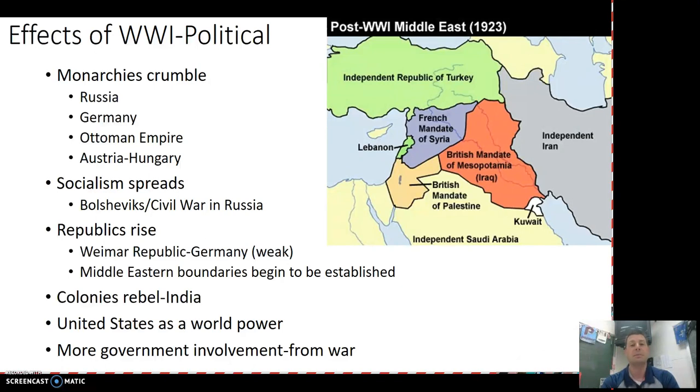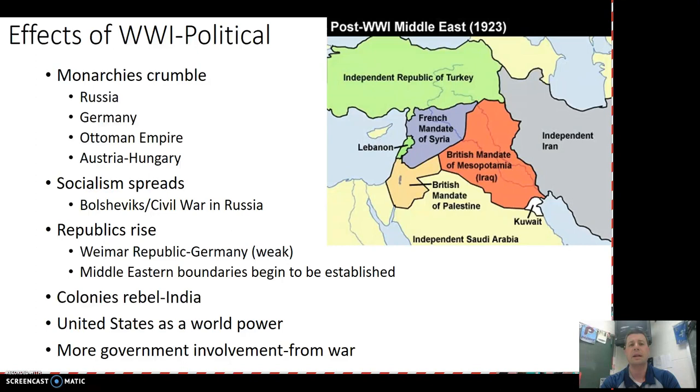The United States has established itself as a world power, thanks to coming in and helping to end the war, even though later historians have looked at this and asked, what exactly was shifting the balance of power thanks to the United States? But they absolutely play a role in all of this. And because there's no fighting on U.S. soil, that leaves them standing as, oh, hey, we're the only ones that didn't get completely destroyed by all of this.